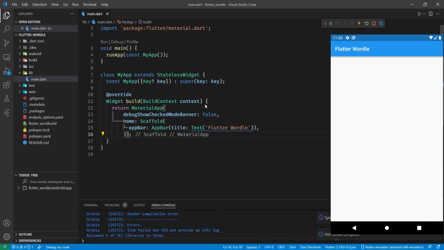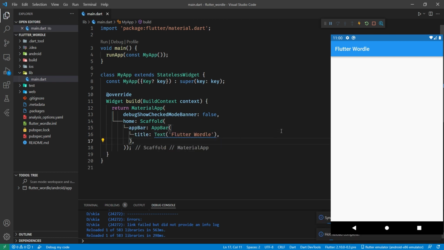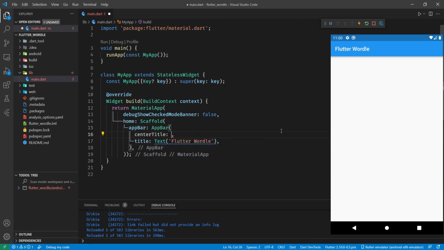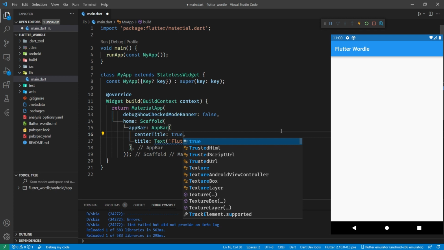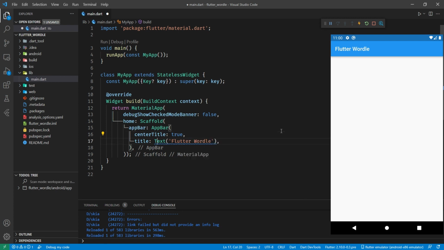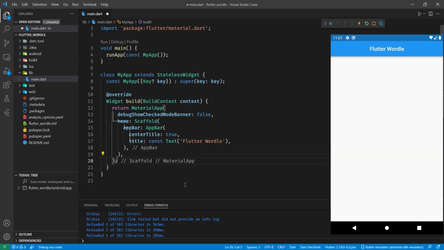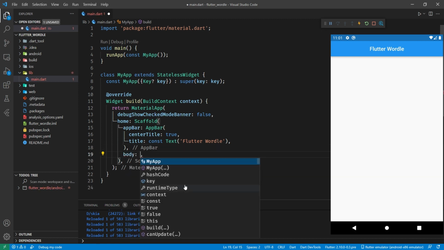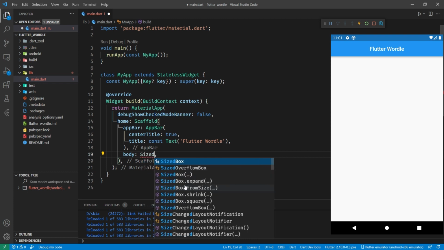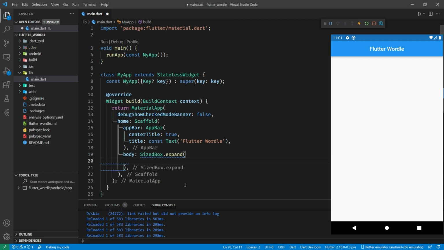Okay, let's save that for a second. Just check we've got everything working. We have. Going to put a comma there. I'm going to center the title just to make it look a little bit better, and change this to a constant because that's never going to change. Okay, step 1 done. Step 2 then is to, within our scaffold, build the body, and I'm going to put a column in, but I'm going to put it into a SizedBox.expand to make sure that it has some sizing information,